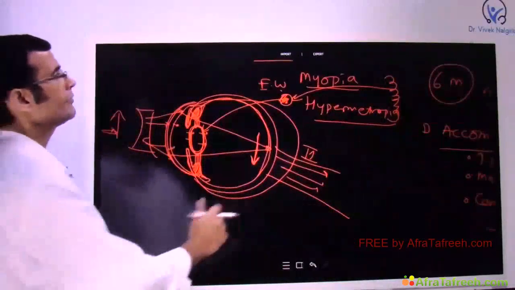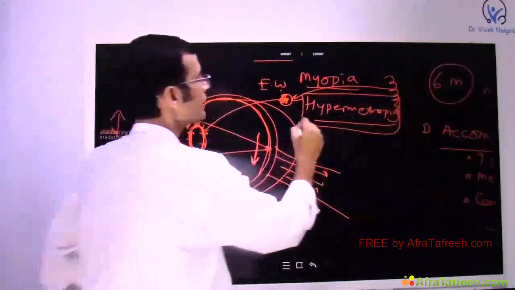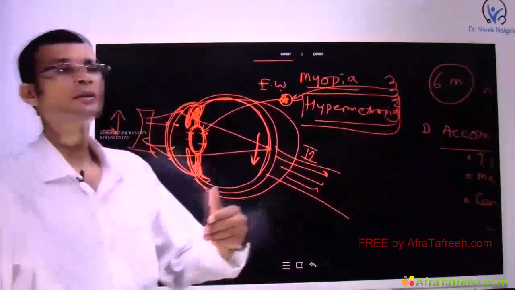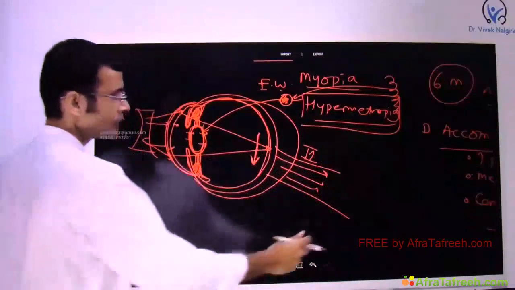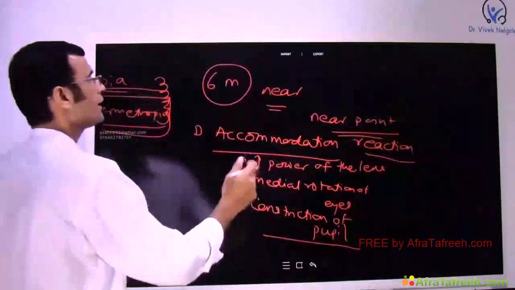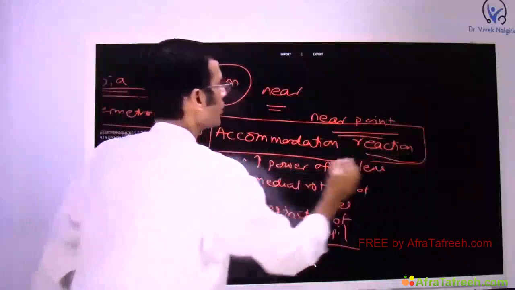Just one additional factor, when a child is born, generally they are born with axial hypermetropia. Coming to the near point and accommodation reaction,